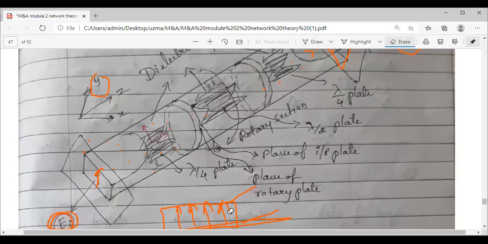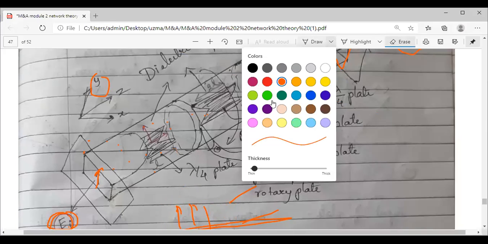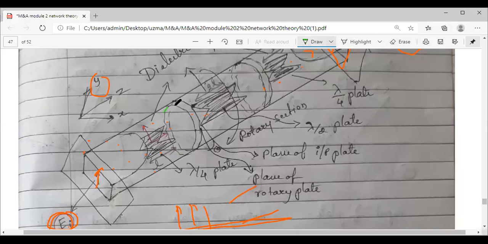Look at this center section carefully. You have a rotary section starting from this. Assume I have drawn 2 different circles here. One circle is for this particular section, the transition region, so that is your rotary section plate. It is the plane of that.